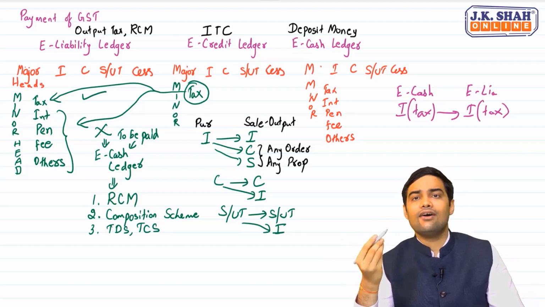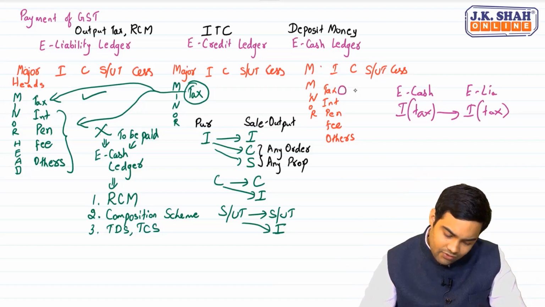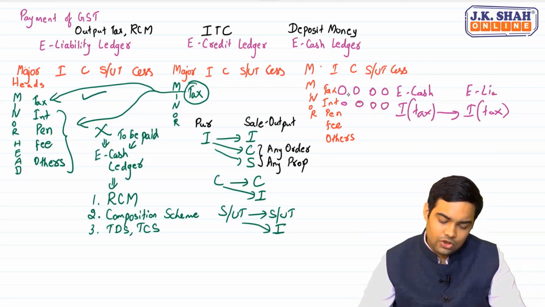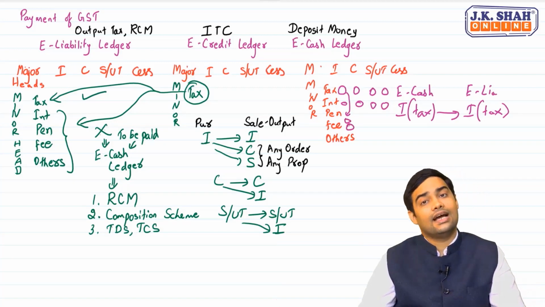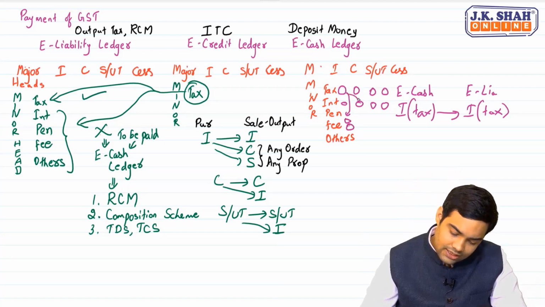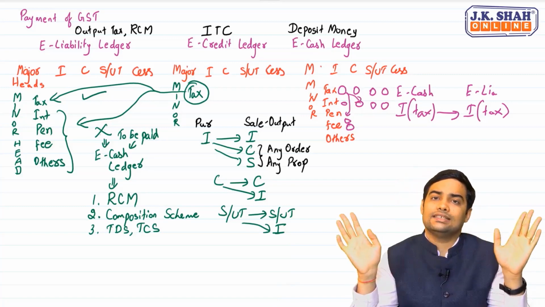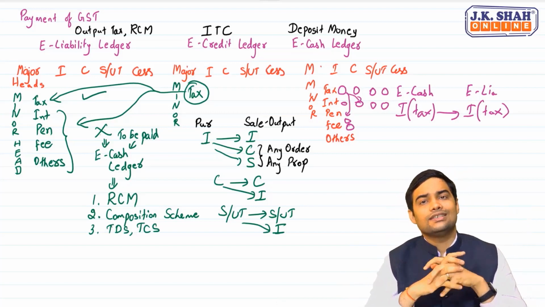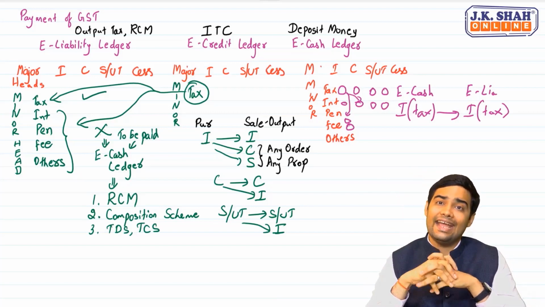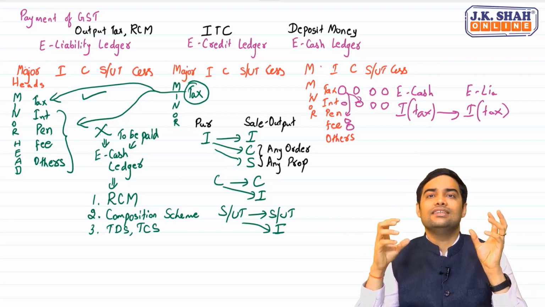But thereafter, the law gave some flexibility saying that you can transfer money from one subledger to another subledger. Suppose you have money in I-tax. Can you transfer it to I-penalty or I-fee? The answer is yes. Can you transfer it to C-penalty, C-interest, S-penalty, S-interest, S-fee? Yes. Within e-cash ledger, it is completely allowed. Section 49 read with section 53A clearly provides that yes, transfer can be made within the e-cash ledger.